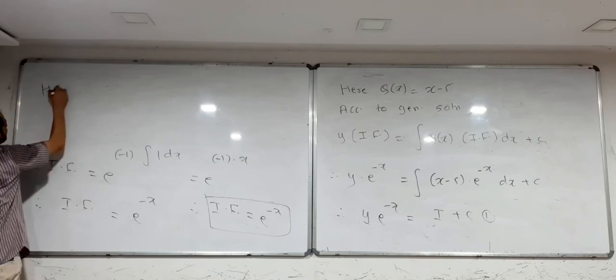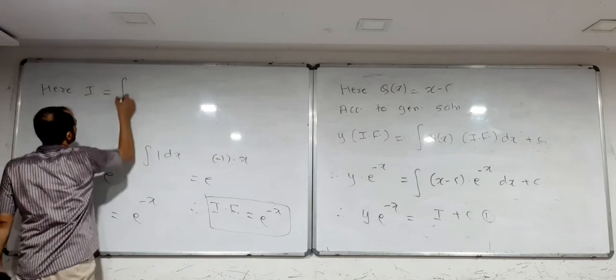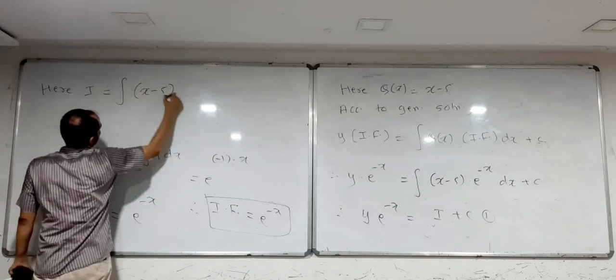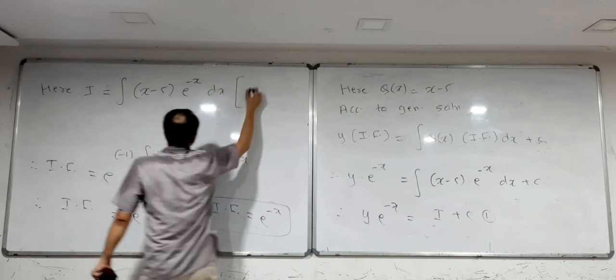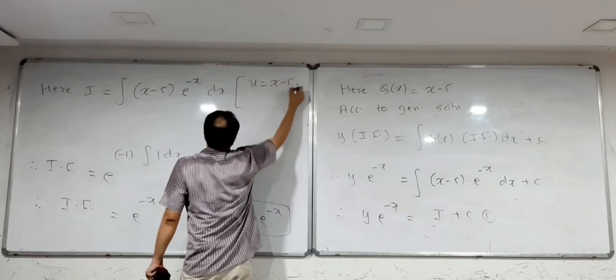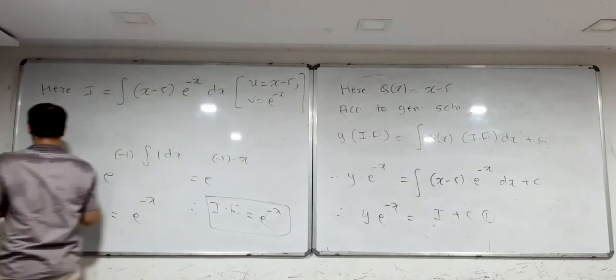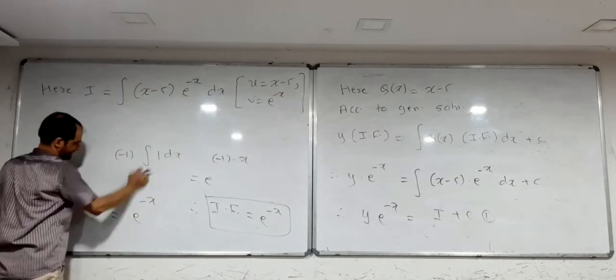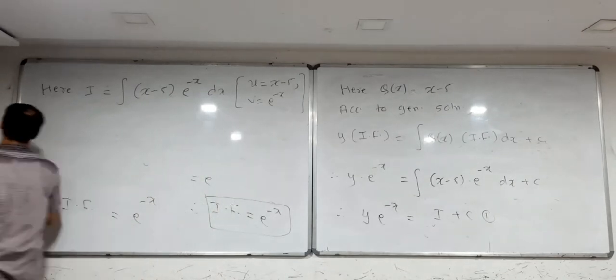Now here I is, so I is integration of x minus 5 into e raised to minus x dx. U is x minus 5, v is e raised to minus x. Algebra exponential I a. So right, so now integration of